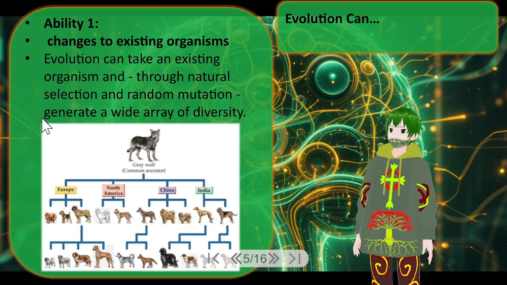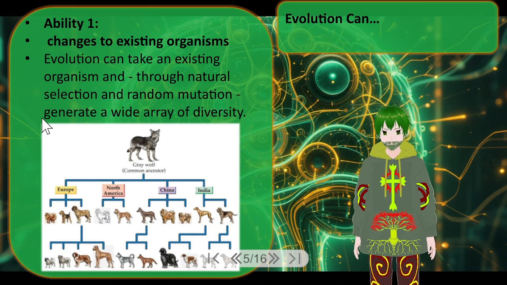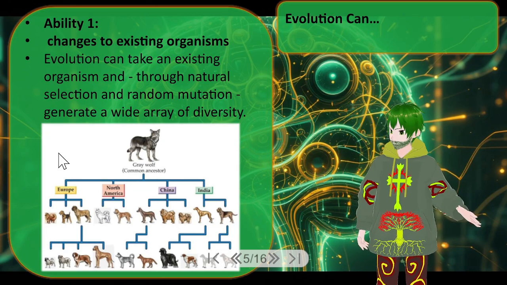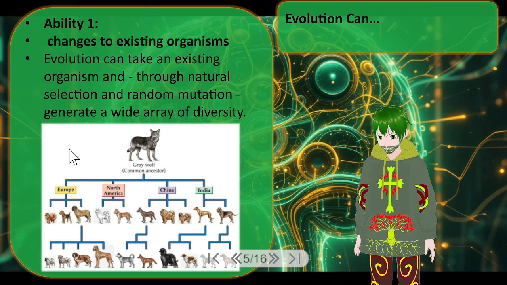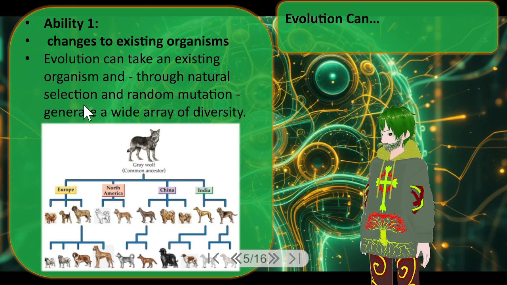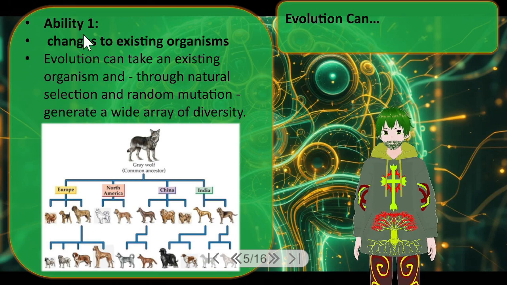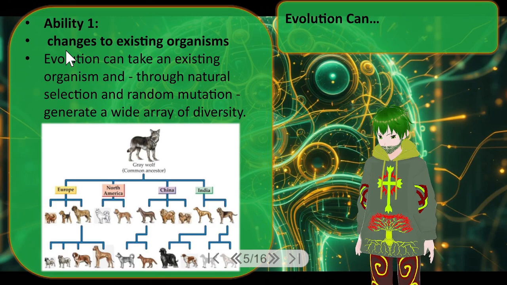In fact, there was a very interesting experiment done in Russia with Arctic foxes that you can look up and find out more about, where they selectively bred Arctic foxes for friendliness with humans and were able to domesticate them in a much, much shorter time than happened with wolves to dogs. They were able to create domesticated foxes within about 40 years, only a couple dozen generations. So very, very quickly indeed. And that's definitely within the ability of evolution to do.